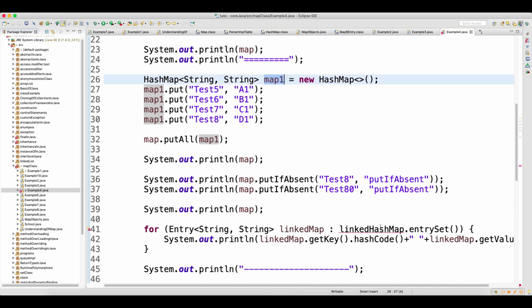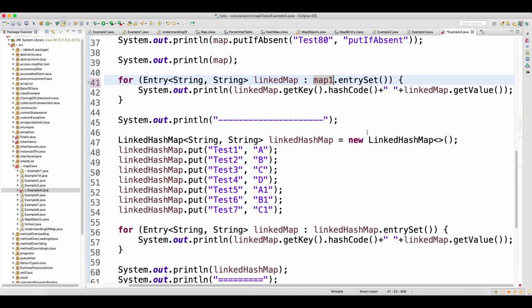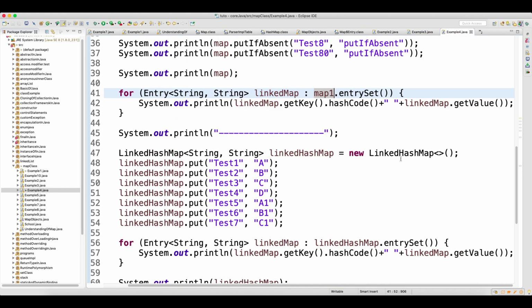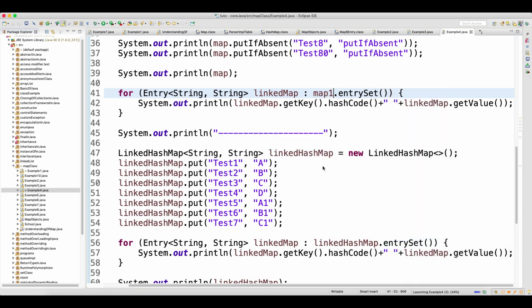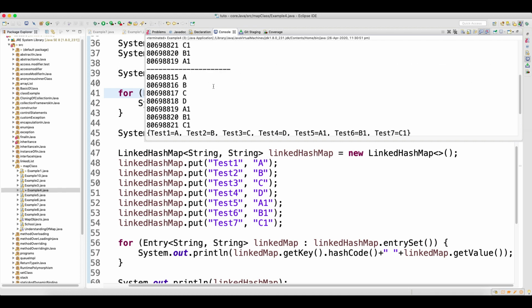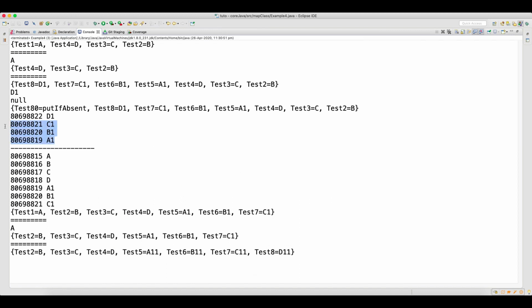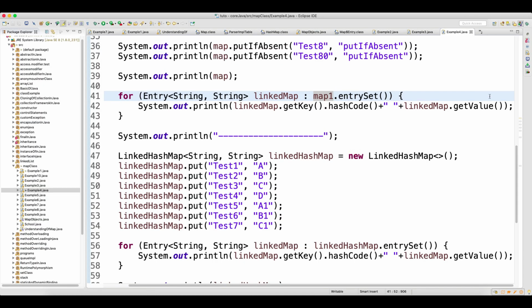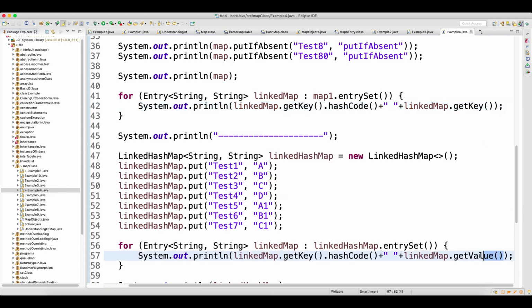Now I'll copy this and run it here too. Here it is going to be map, nothing else changes. Linked map, yeah, cool. So look at what happens. See, look at what happened. This is your actual hash map. You are running a loop and printing the hash code. So this is the value. Do one thing, do not print the value, you will get confused. Instead of value, print the key, because that key will give you more idea.